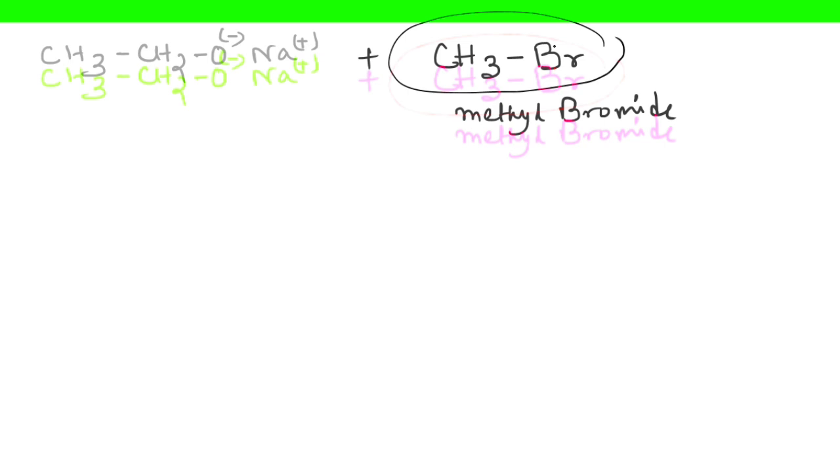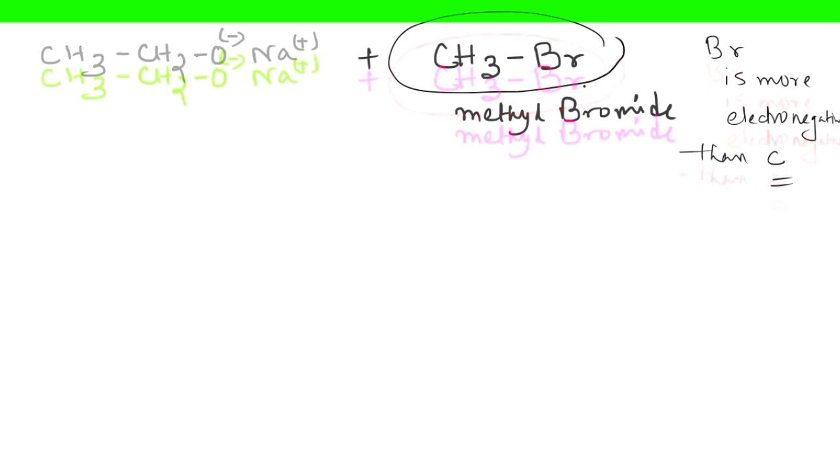Clear? So in the molecule there is a bond between carbon and bromine, correct? In that bond the bromine is more electronegative, so the shared pair of electrons